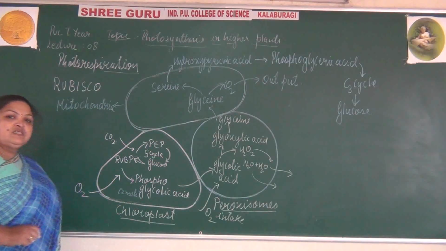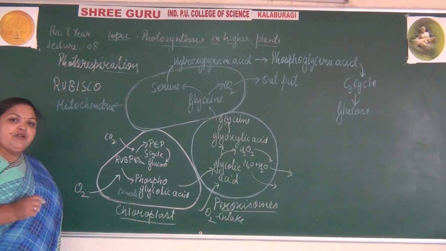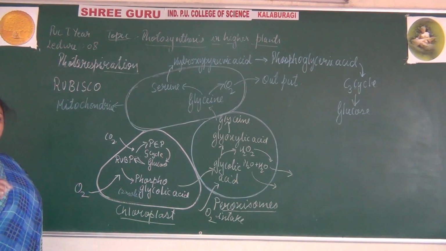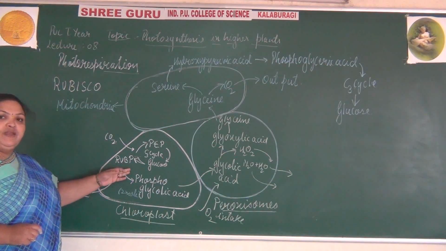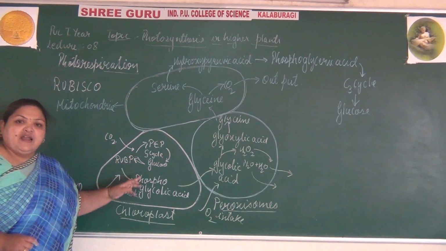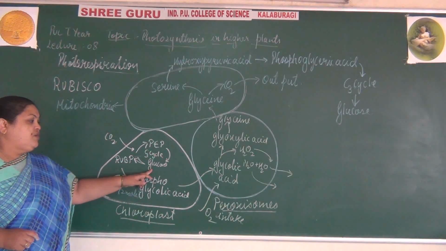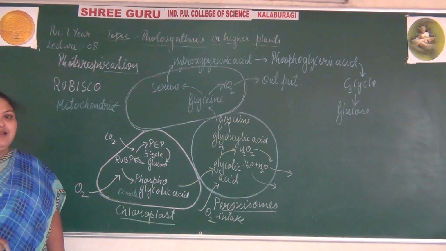So when does this process occur? When the atmospheric carbon dioxide is reduced by 1%. If there is a decrease in the level of carbon dioxide in the atmosphere by 1%, that process occurs. Normally, ribulose bisphosphate with the help of the enzyme Rubisco undergoes carboxylation with the formation of phosphoglyceric acid that helps in the formation of glucose, where the C3 cycle or Calvin cycle occurs.